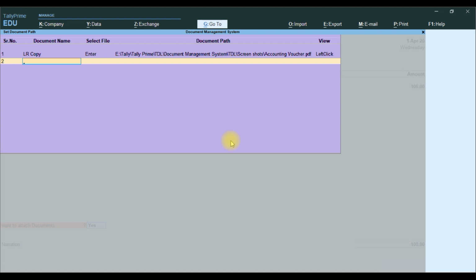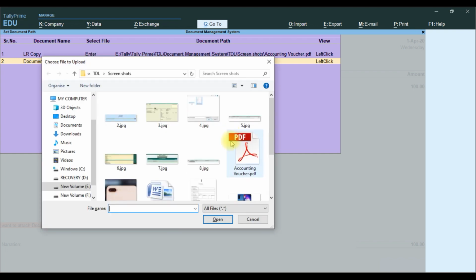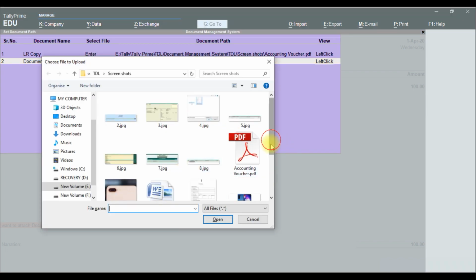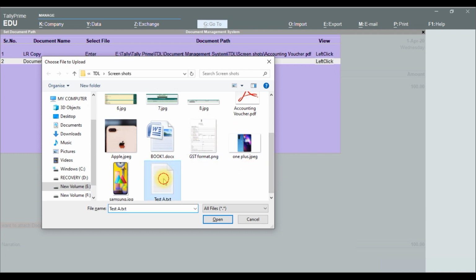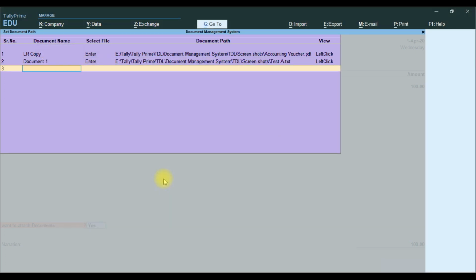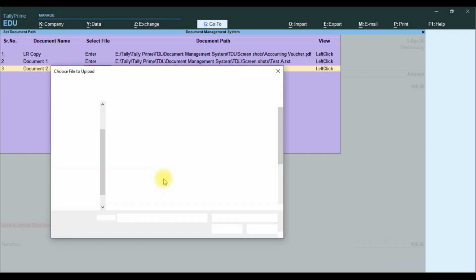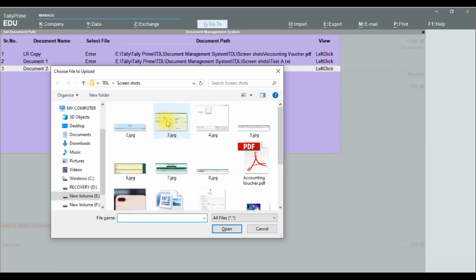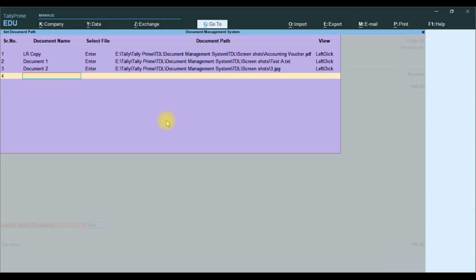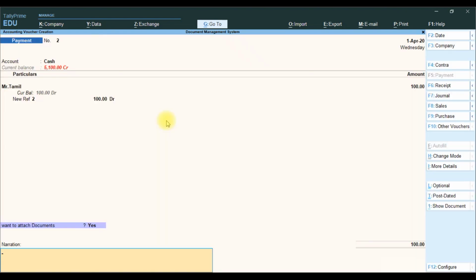Then we go to another one, document 1, enter. Then I attach our document, text file, document 2, enter. Attach another one, scan document, then enter. Then we say accept, yes,